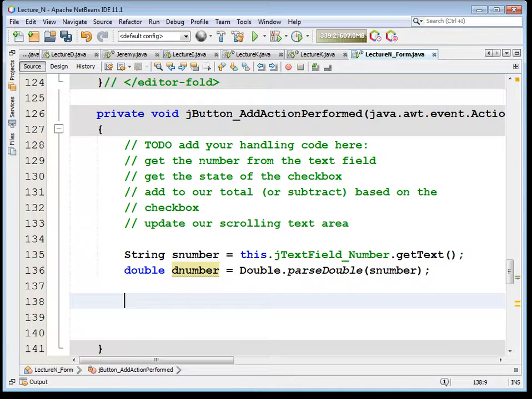Now we have the number that we're going to add, but we need to get the state of the checkbox. So we need to get the state of whether it's selected or not. I don't remember what it returns, whether it returns a bool. That's what it should, right? Whether it's selected or not. I'm going to go ahead and fill in the type and the variable name in a minute. So this dot